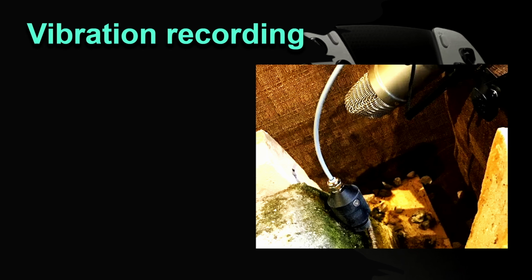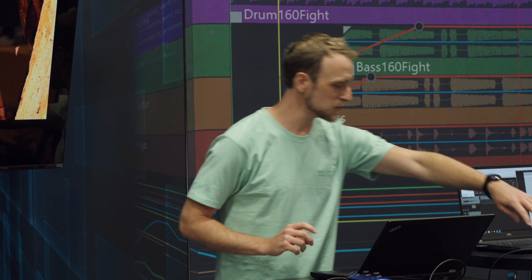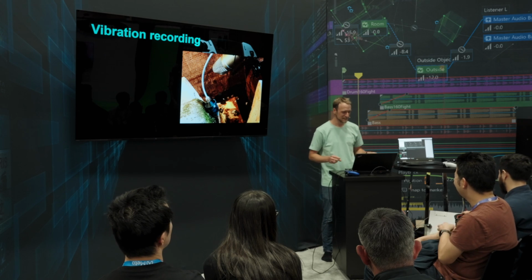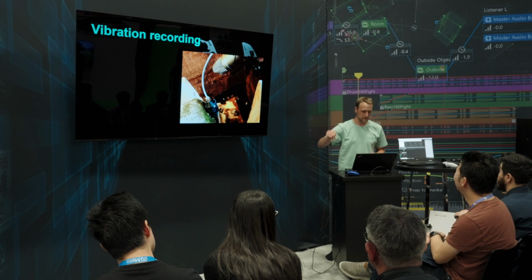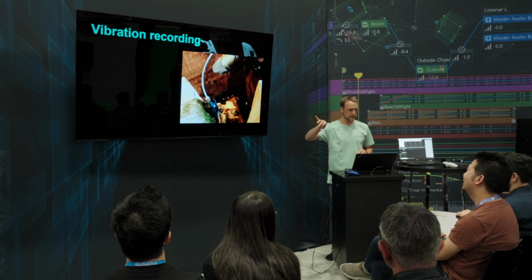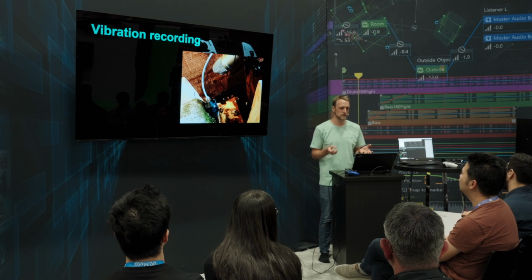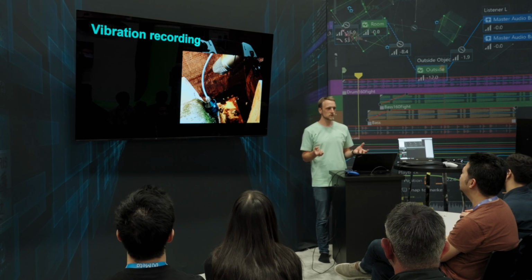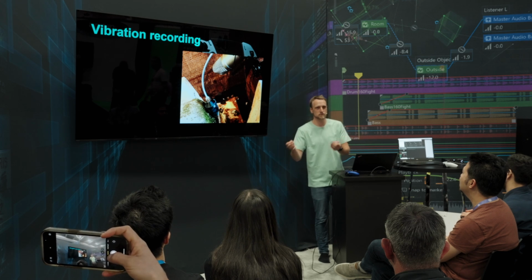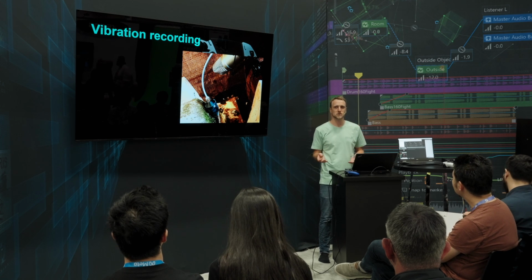But another way, of course, of creating haptics is to use vibration recordings. Right next to me, there is actually a geophone tied onto a metal piece on a cabinet door thing. And what is really cool, and I'll show a little video, hopefully, is that it is recording the vibrations happening on the surface. It's a seismic recording microphone. We can use that to record real-life vibrations and translate them over to our digital vibrations,